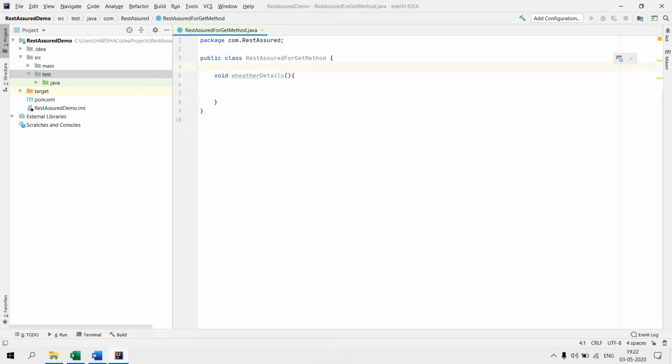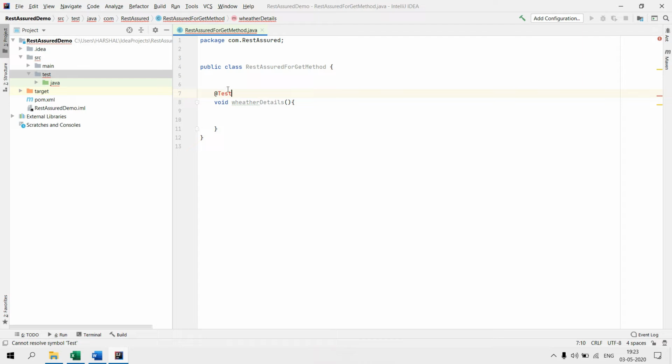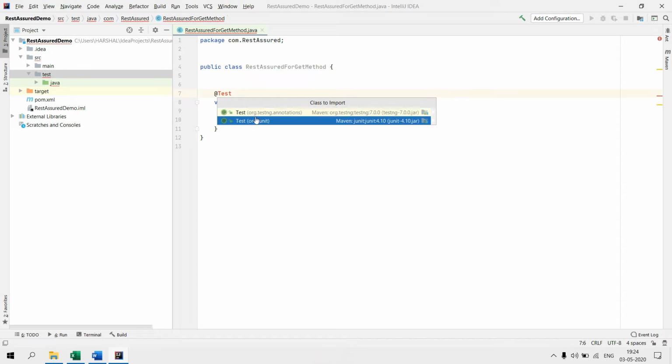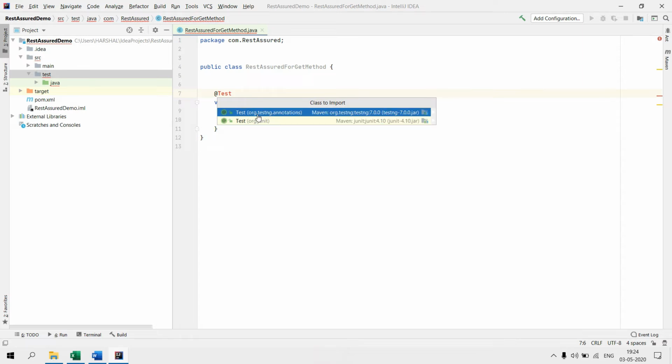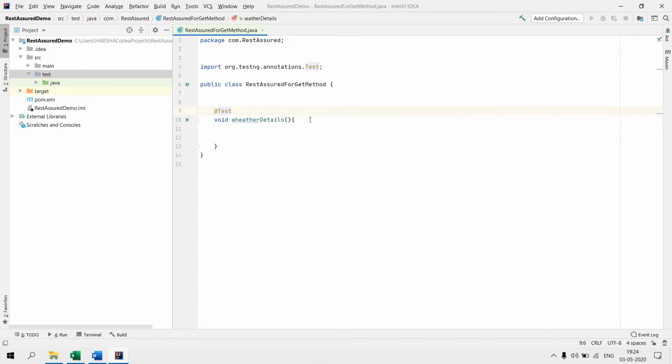So we are using TestNG, right? So we need to add the Test annotation. Here again it is showing some red line error at the @Test. There are two options, right? You click on more actions, and you should add the TestNG part over here if there is an option. Or if you get the option of import class directly, you can import the class, that is the org.testng.annotations Test class. So we are doing that.